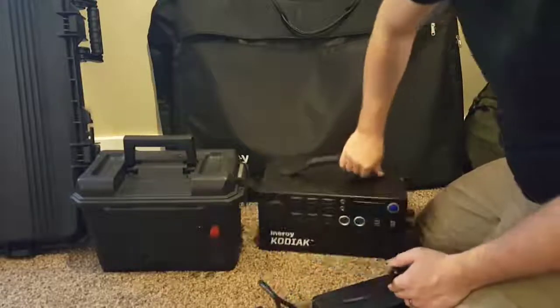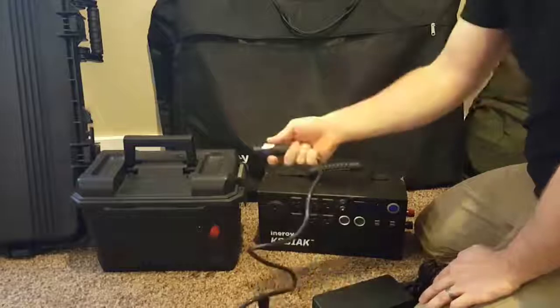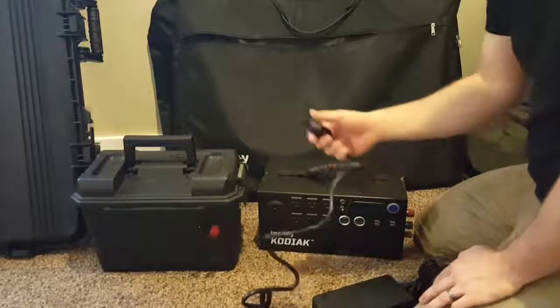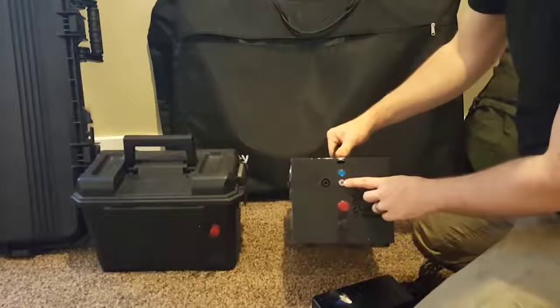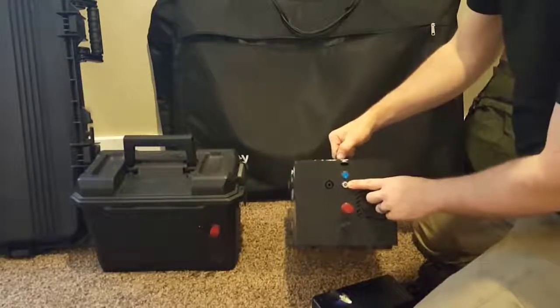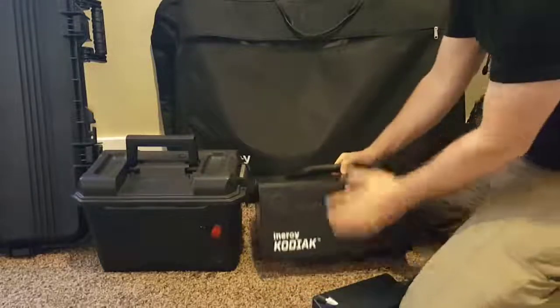The advantage of it, why I like it so much, is it charges twice as fast as the charger that comes with the Kodiak, and there's nothing wrong with that one. That charger goes right into this port here, which is the lower wattage port. One of the other things that I like about the Kodiak so much is when you turn it on,